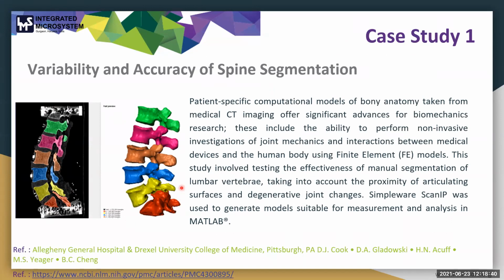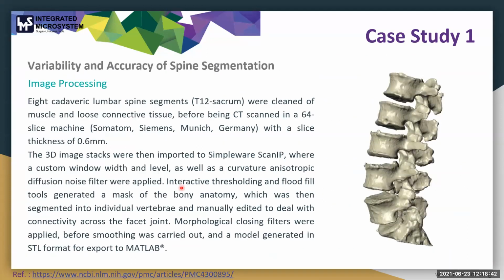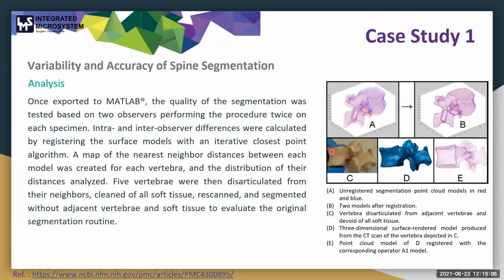Once the image processing is done, all these different vertebrae are split into different parts. Various morphological tools like flood fill, smoothing, and some closing filters were utilized to get the final model. And then the analysis was done. The model was exported to MATLAB, and it was compared with the original scan.